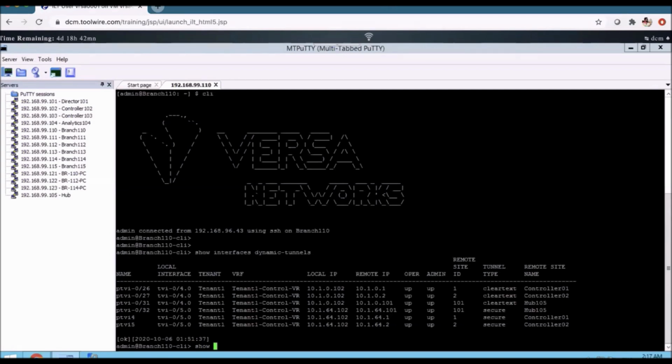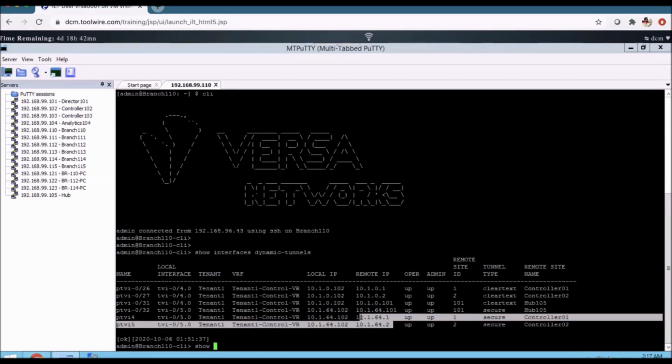When I go on to verify the control plane, remember these IP addresses: 10.1.64.102, 10.1.64.1 and then 64.2.